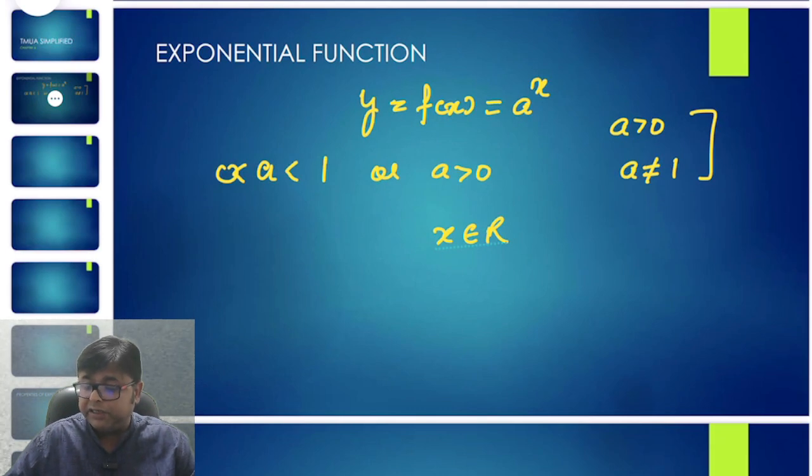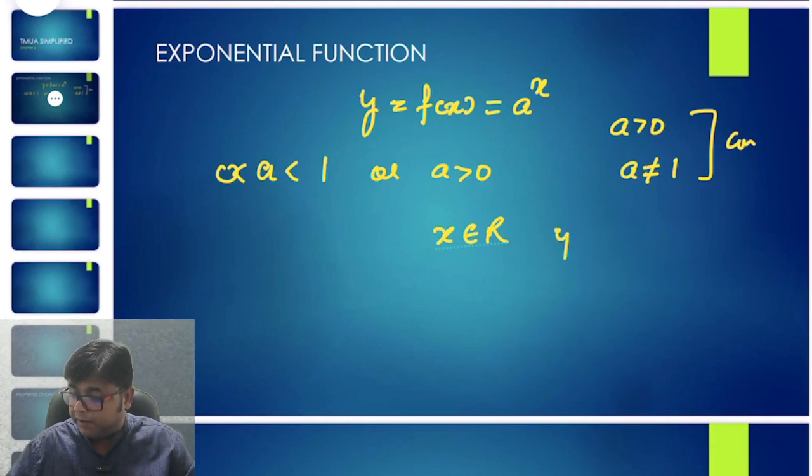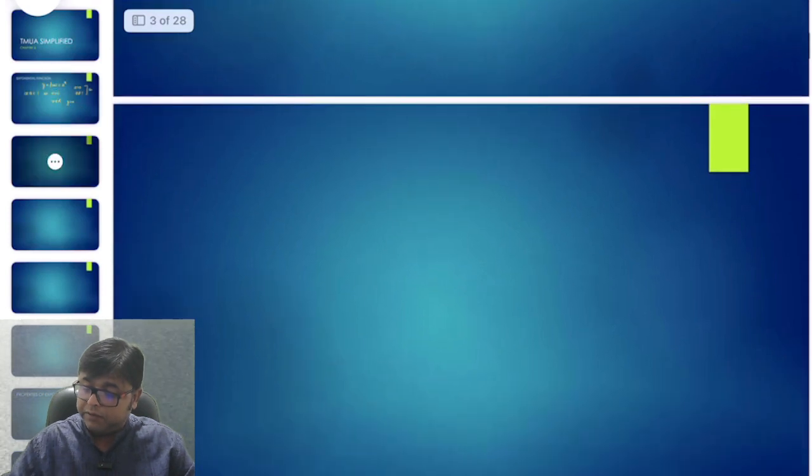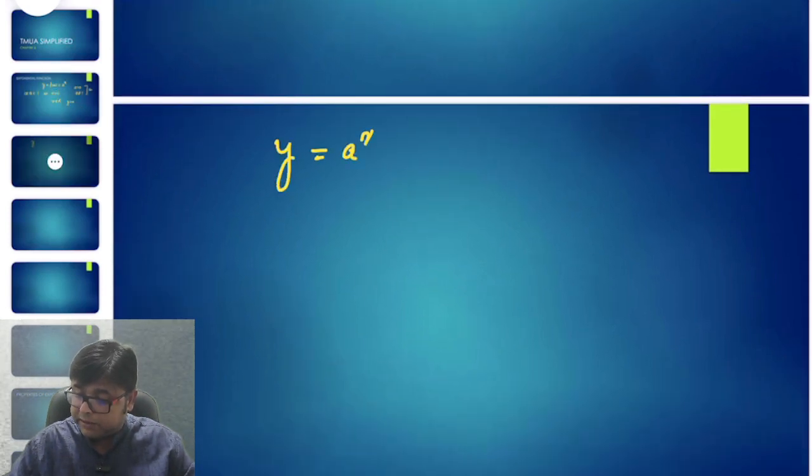But the value of a to the power x cannot be negative for these constraints. So I will say the value of y will be greater than 0. The value of y is the function value and y is the value of a to the power x. So a to the power x under these constraints cannot be negative or 0. Now if I look at the graph of y equal to a to the power x,